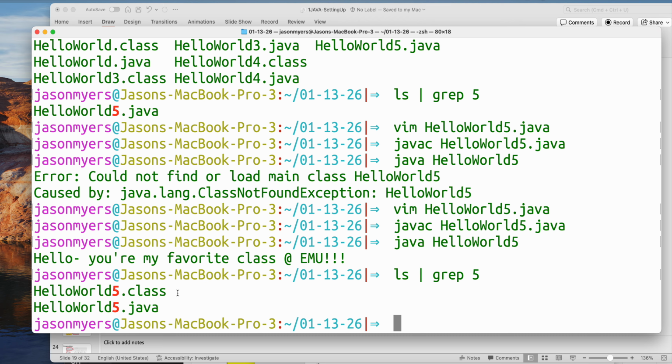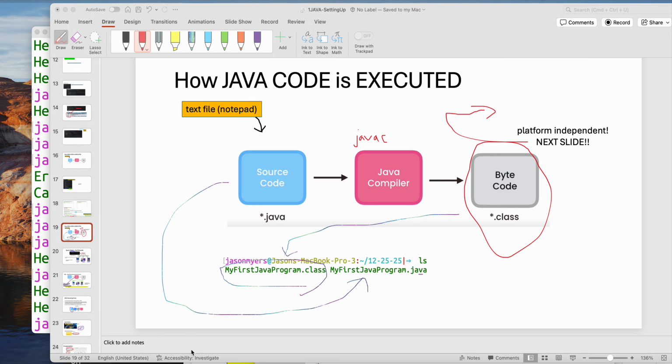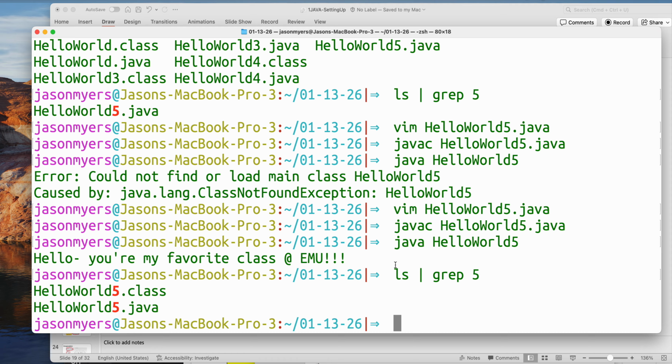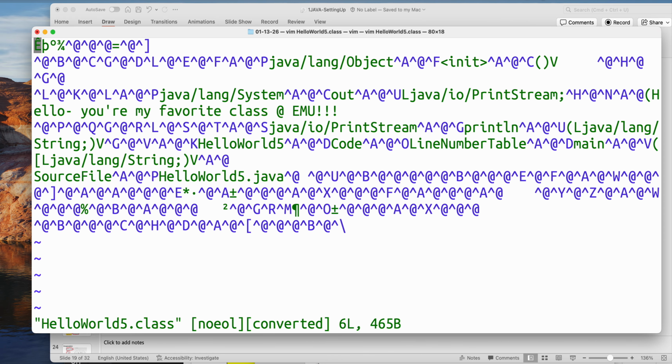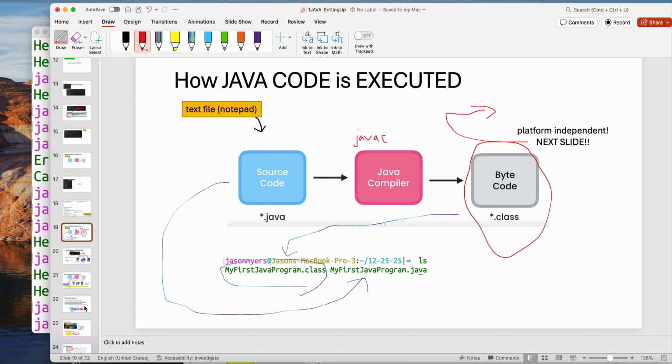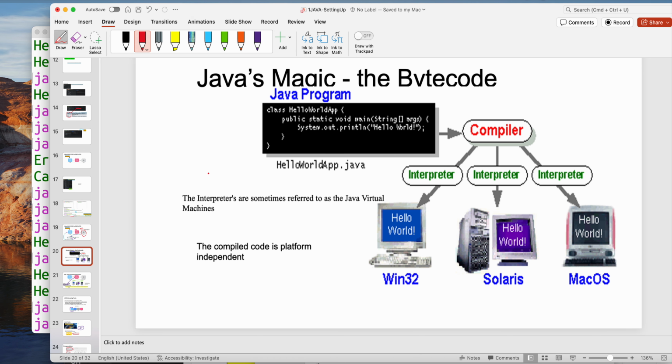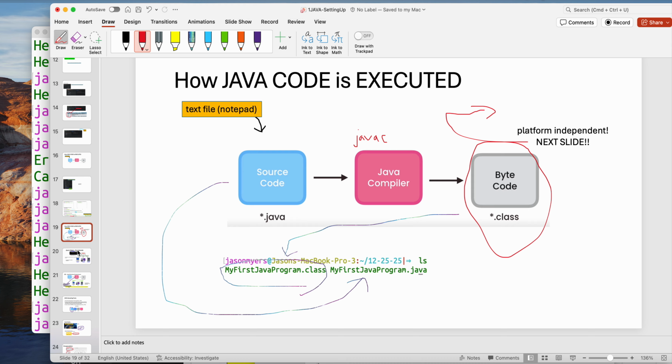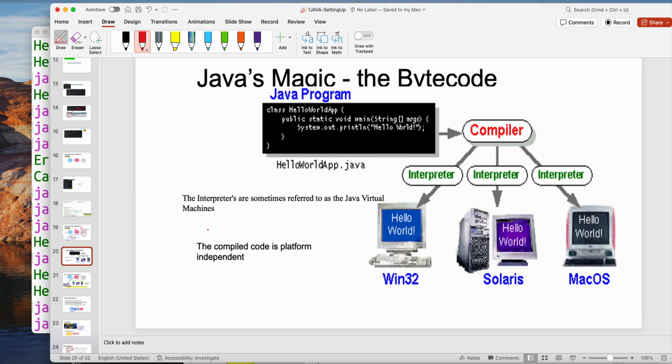When it compiles, it creates the Hello World 5.class. Okay, and this is actually bytecode. So if we opened Hello World 5.class, it's going to be a bunch of gobbledygook, as we can say. And Java's magic is in fact the bytecode. So even though it's gobbledygook, it actually is pretty powerful, because you can take that bytecode and then